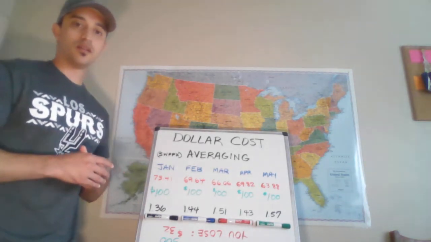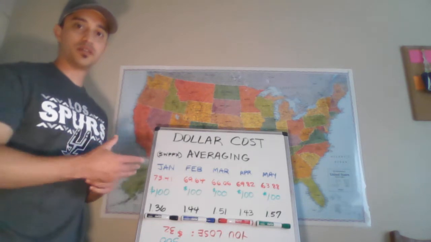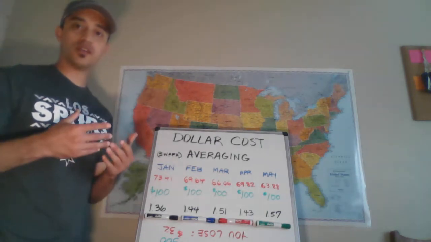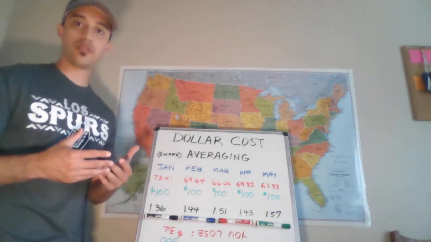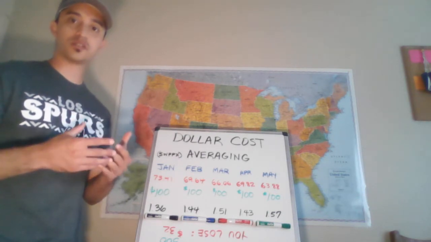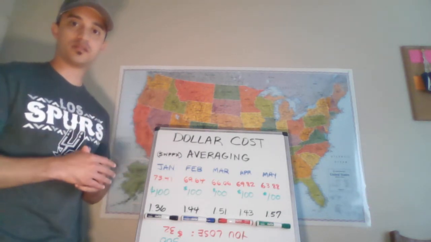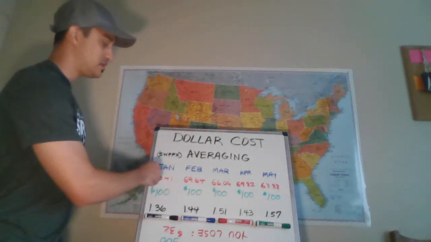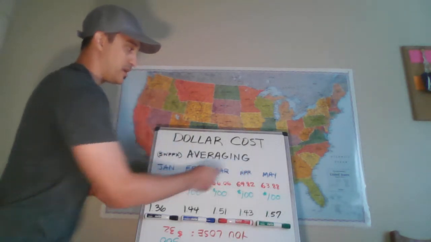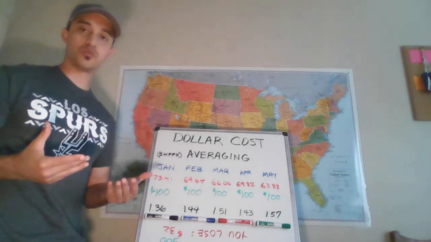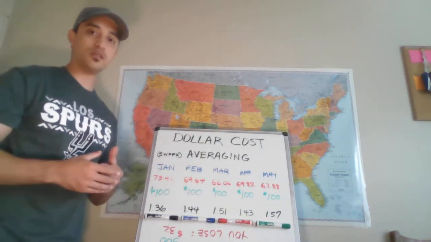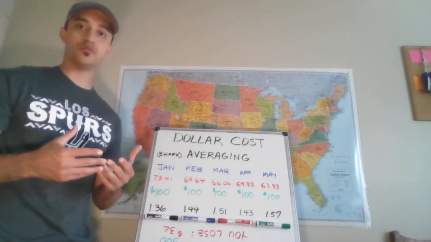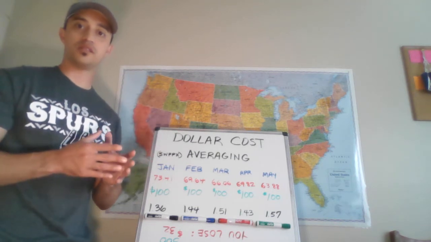All right. Now, I'm only going to be taking a look at this specific fund, so I just want to let you know that. But anyway, we're going to take a person who's investing $100 a month. All right. And they're going to invest $100 a month into this mutual fund, SWPPX. So what I've done is I've basically listed January, February, March, April, and May, the months so far this year in 2022 that we've already pretty much wrapped up. So what's going to happen is we're going to take a look at a person who's investing at the beginning of each month and see what happens to their money.